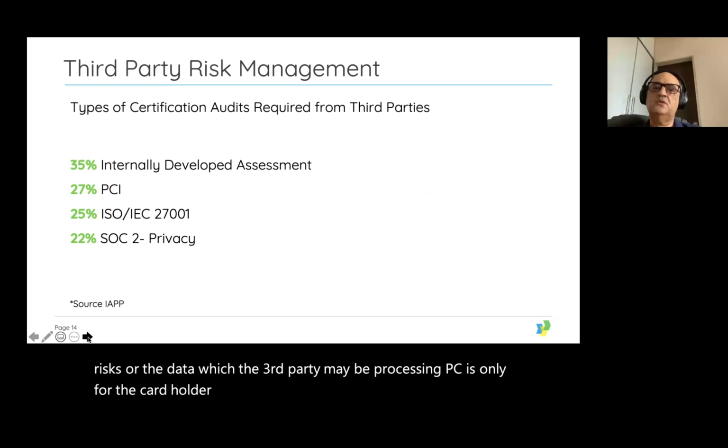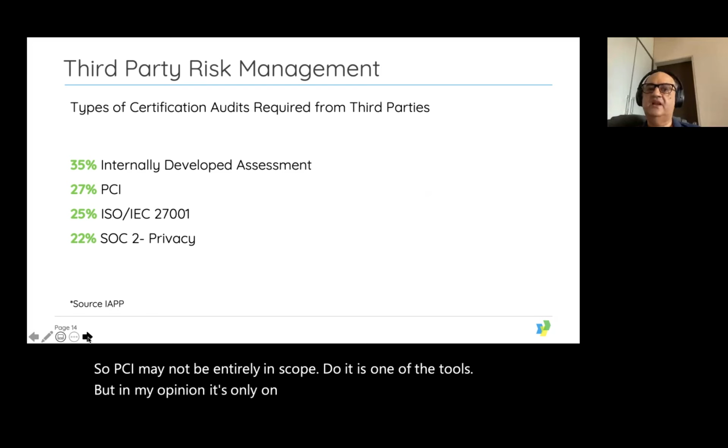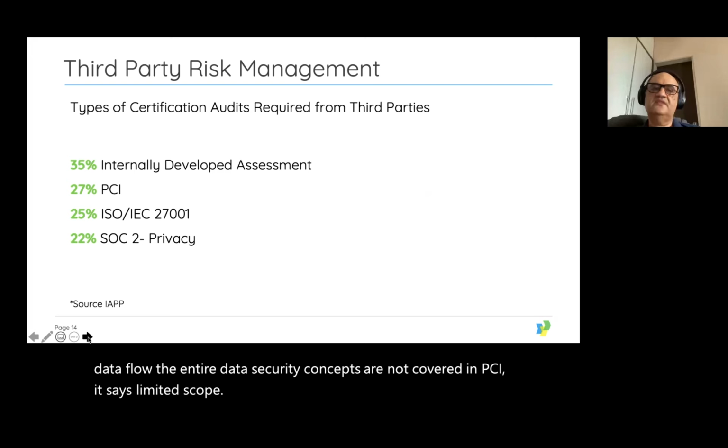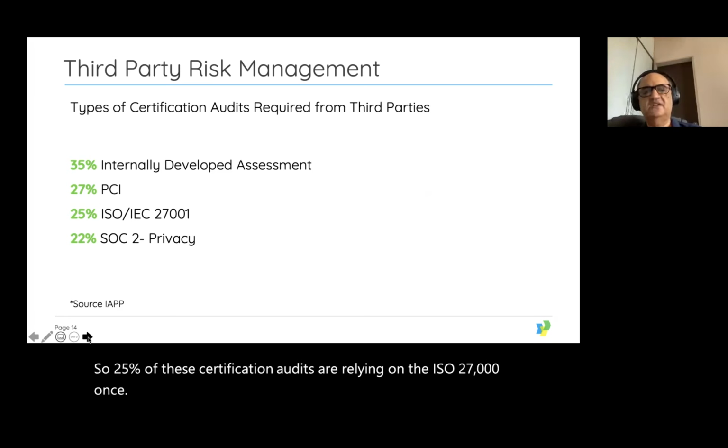It does not talk about the confidential or other data which is being processed by the third party. So PCI may not be entirely in scope, though it is one of the tools, but in my opinion, it's only on the cardholder data. So the entire data flow, the entire data security concepts are not covered in the PCI. It's a limited scope. So 25% of these certification audits are relying on the ISO 27001 standard or certificate, and